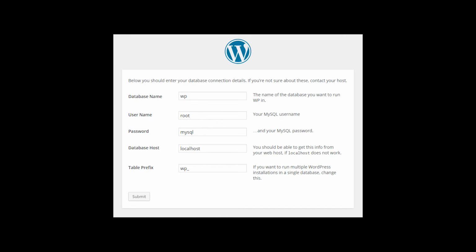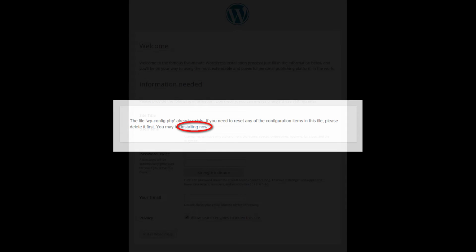Next, I opened WordPress in the browser using localhost, where I entered the database connection details. As you can see, I used the name of the database I just created, and also username root and password mysql, which are default. After I submitted the details, all I had to do was click Install Now and fill